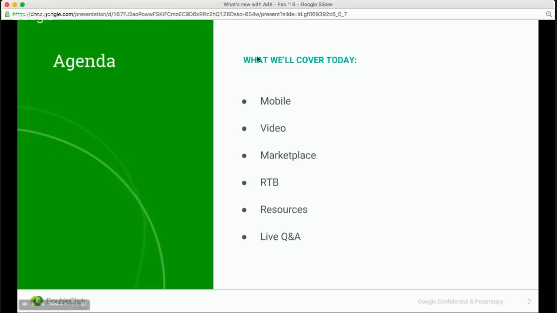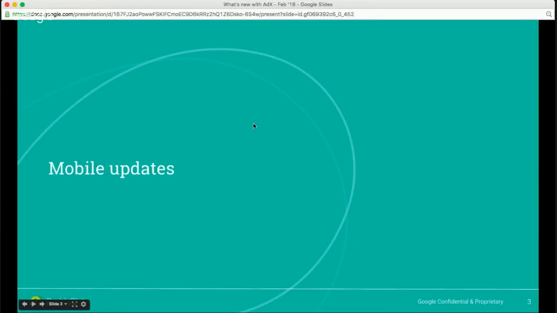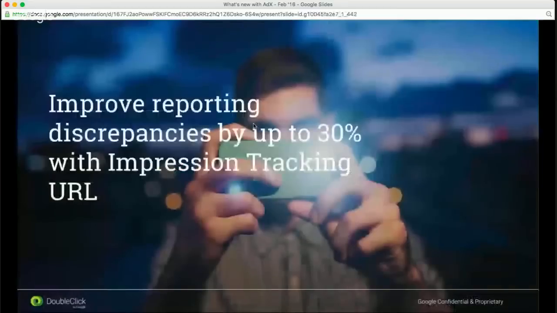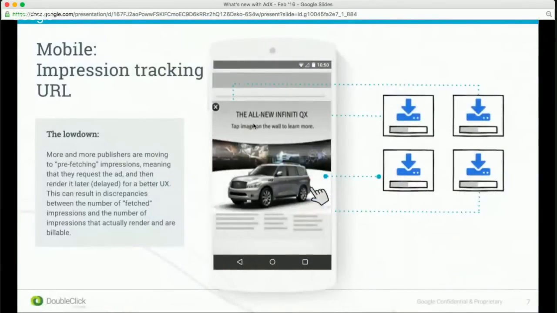We're going to start off today with a few updates on mobile. The first update that we want to talk about is our impression tracking URL for prefetched ad impressions. As a little bit of historical context around this release, we're seeing that more and more publishers, and particularly app publishers, are prefetching impressions. What that means is, for example, if you're a music app publisher, you might request an ad as soon as a user loads up your app, but you might not actually display that ad until later. For example, when a song ends, that might be when your banner or your interstitial is